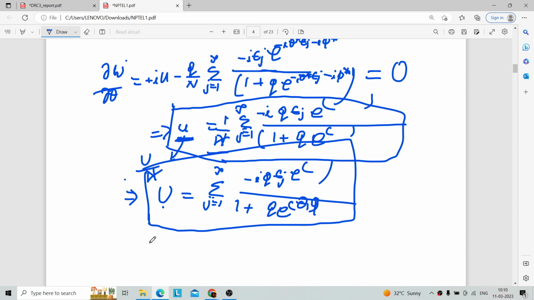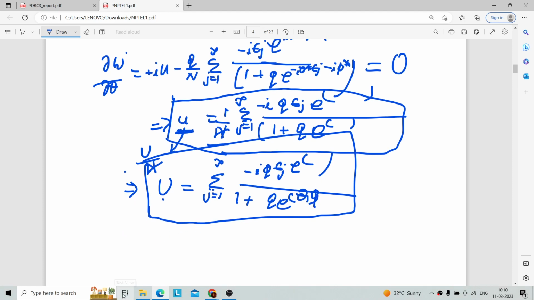Similarly, if you do the derivative with respect to phi, we will get, at the point theta star and phi star, we will get some